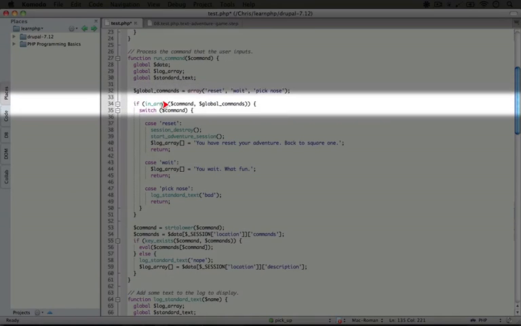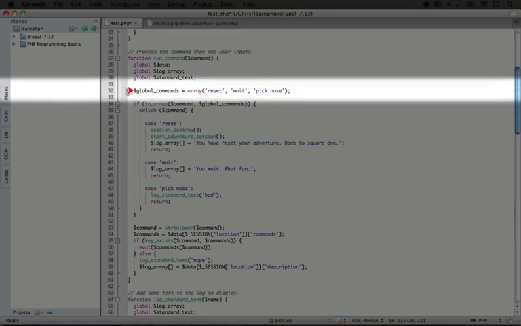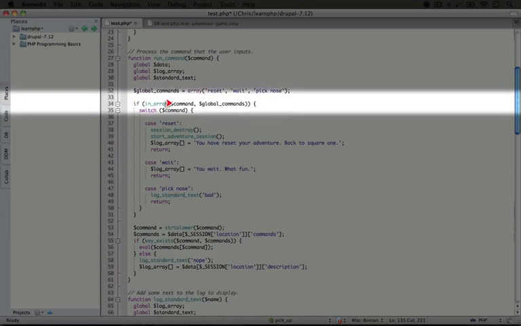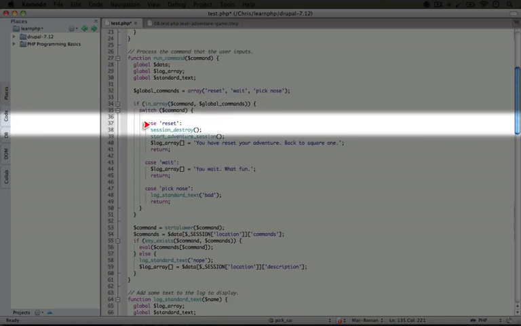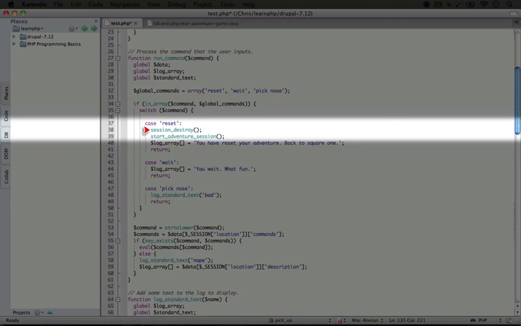And this time, when we check to see if the command is in the global command array, it is. So reset is in here. So we're going to switch based on that. This case will be reset. And so we're going to do what we did in our previous video where we destroyed our session when a user logged out, because virtually what's happening here is the user is just restarting their session altogether.